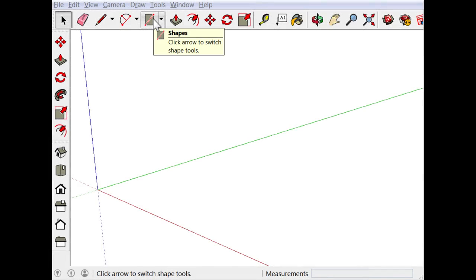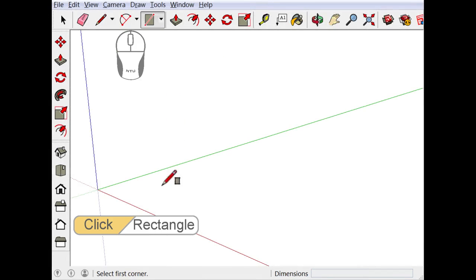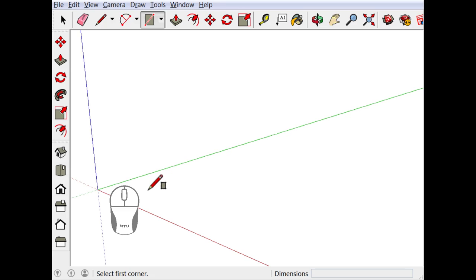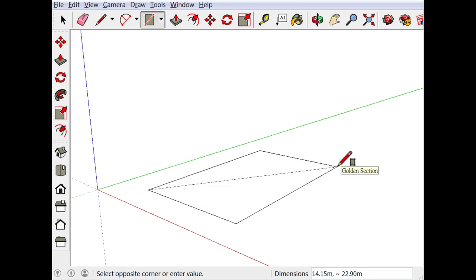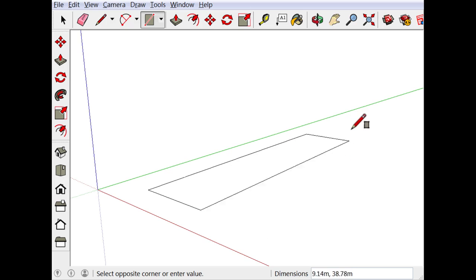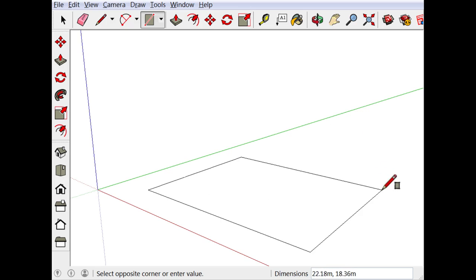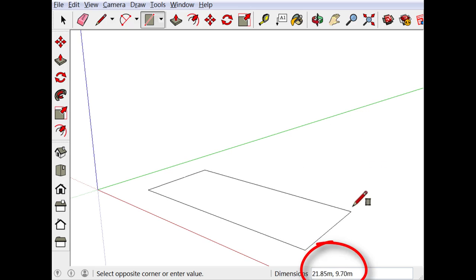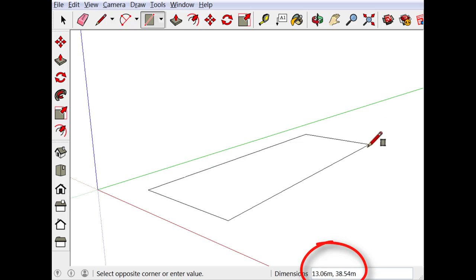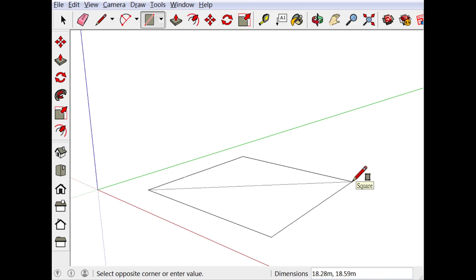So, how to use the rectangle tool? First, we select the rectangle tool, choose a starting point, click on it with the mouse, and drag the mouse out. Now we get a rectangle. Very simple. We can enter the numbers we wish into the measurement box at the right bottom of the SketchUp